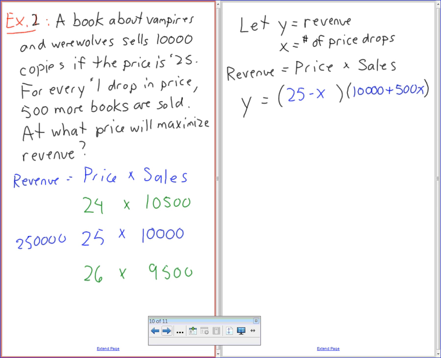Well, how do you know? Because if you were to sell at $1, you would sell like 1 billion books, okay? But the idea is if you sell at 2, you might make more money. The ratio works like that, okay? All right, so in order to do this, you're going to FOIL out